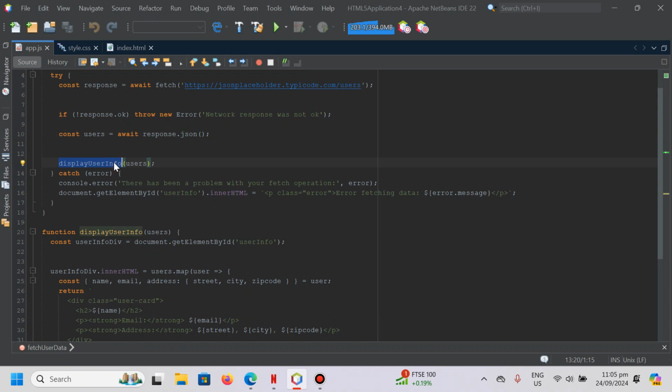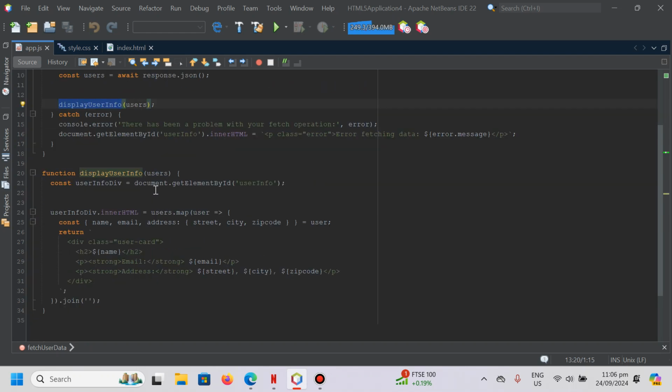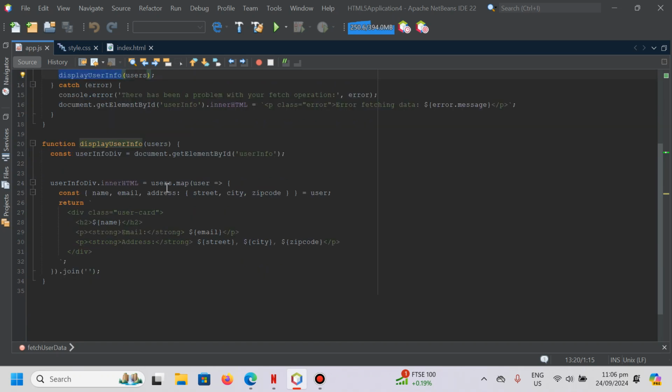Display user info. This function will call and pass the user data to another function to display the user info. And then there's this function,